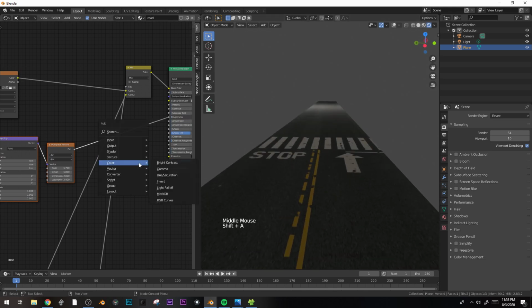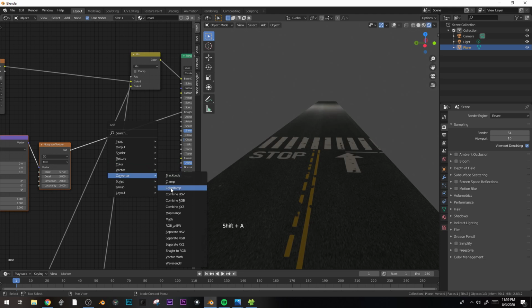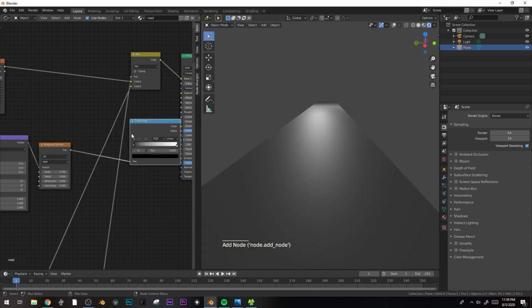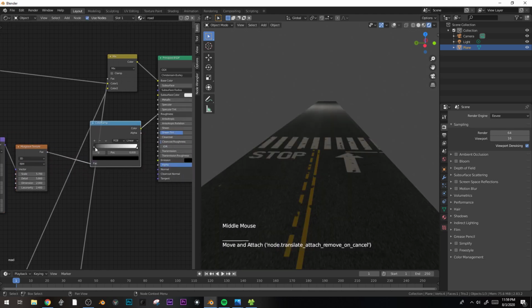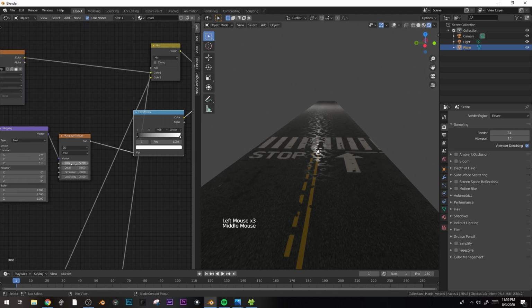Yeah, because we have to convert it from, right now this is just like fractal data. Let's convert it into a color. So we'll go converter, color ramp, and this is just gonna map this from 0, black, to white, 1. And let's see what happens here. Okay, turn up the specular. It's possible it was doing something before, but